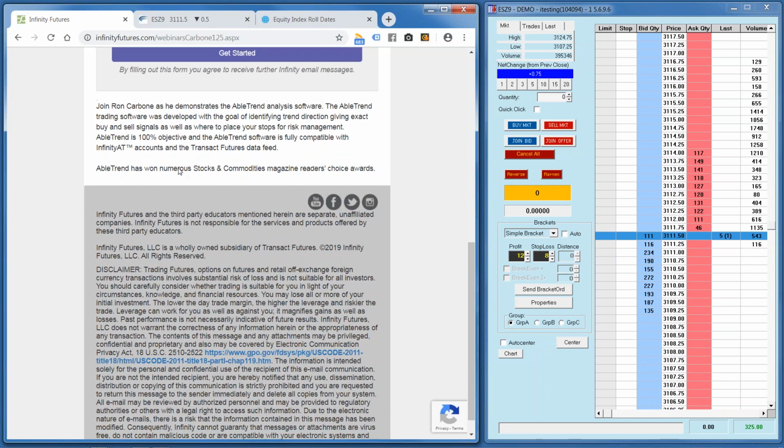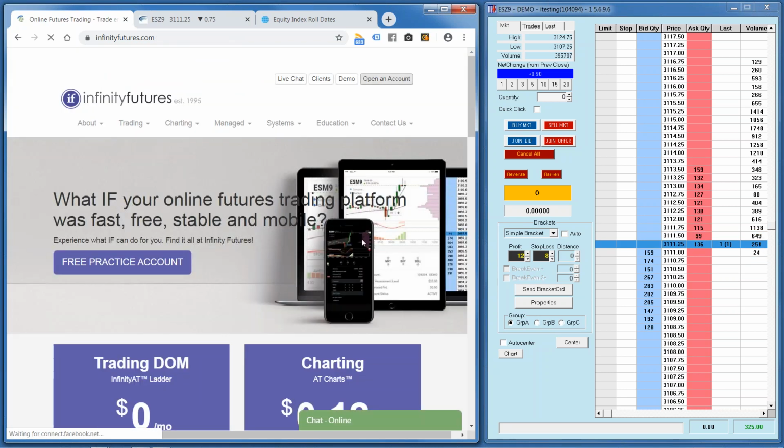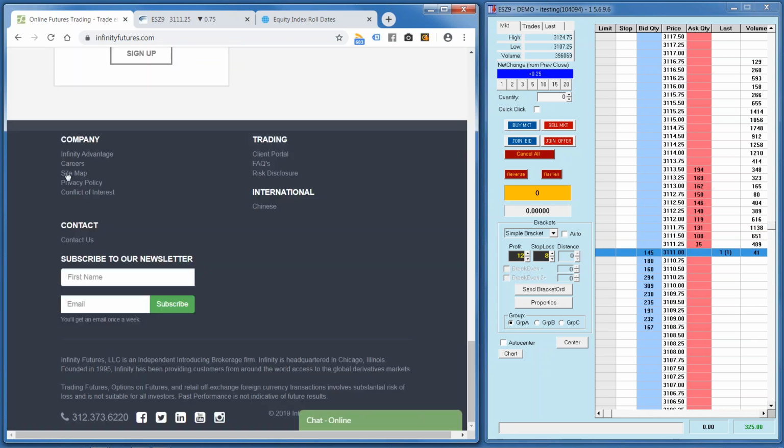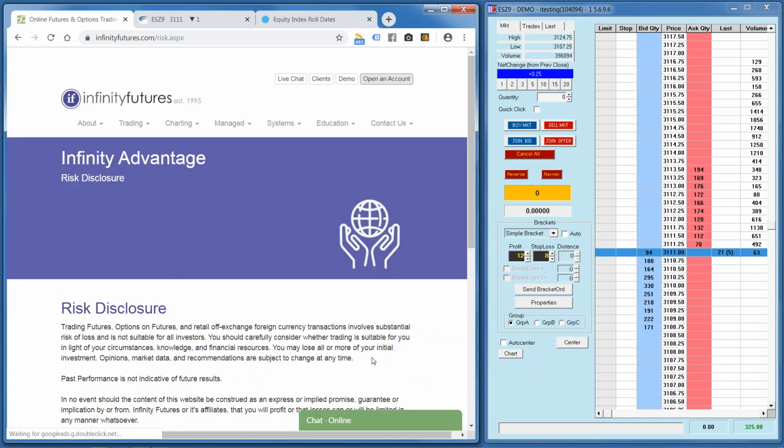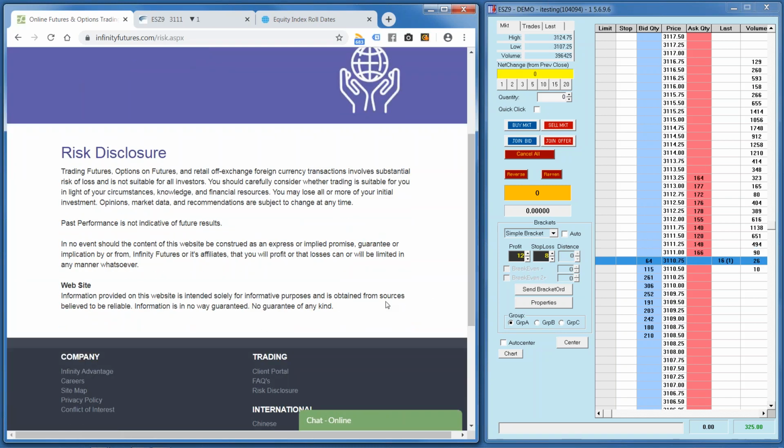Before we get started too far, though, let's talk about the risk of trading futures, risk of trading in general. I'm going to pull up our risk disclosure and mention it. Trading futures and options on futures involves substantial risk of loss, not suitable for all investors and traders. Oftentimes in futures trading, you have a high combination of leverage and volatility. And although that could be an equation for good, it's also an equation for bad. So be careful. Only fund your futures trading account with risk capital. My personal definition is money I could afford to lose that doesn't change my lifestyle or lengthen my retirement horizon.